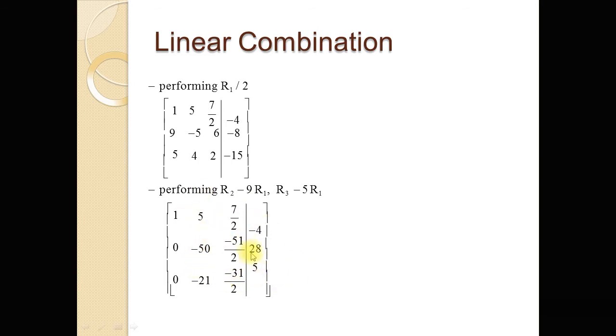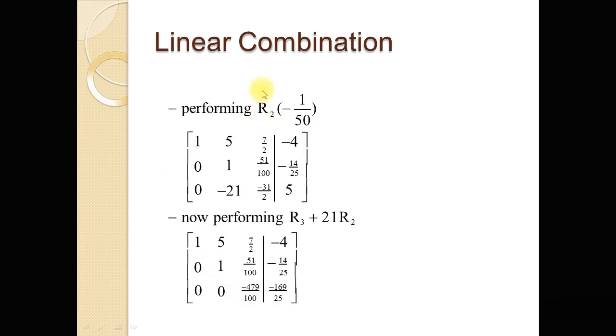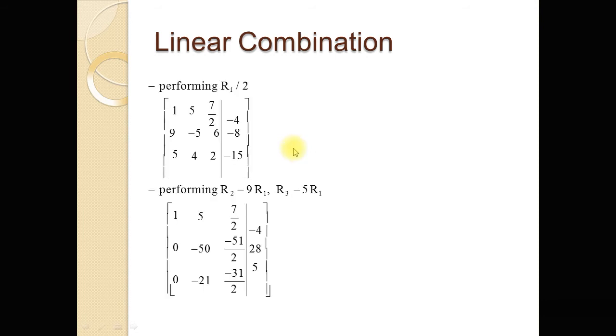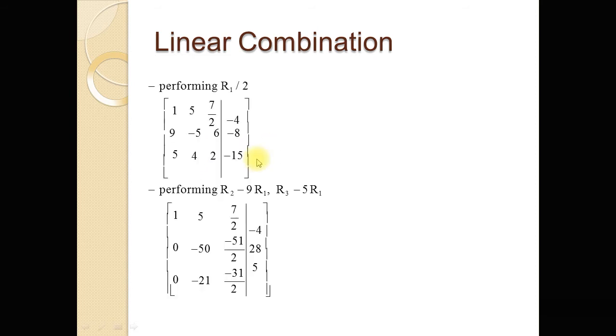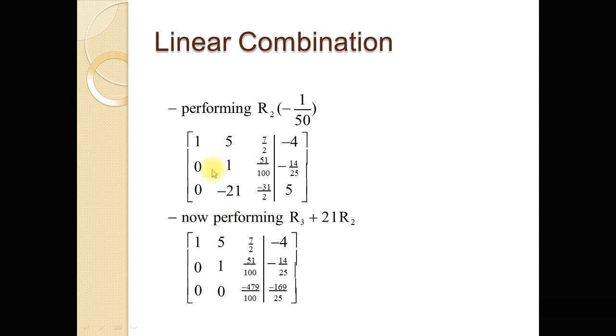Now for the echelon form, this number will also be 0. For another operation, multiplying the second row by -1/50, you see over here that the second row was 0, -50, -51/2, 28. So multiplying this second row by -1/50, the first row stays 1, 5, 7/2, and now the second row will be 0, 1, 51/100,